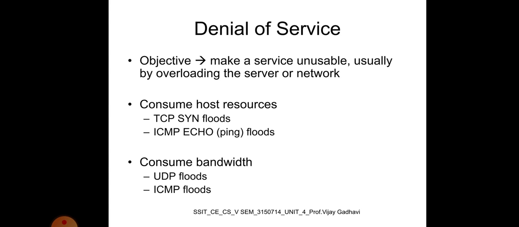In a distributed DoS attack, that means a DDoS attack, the incoming traffic flooding the victim originates from many different sources. This effectively makes it impossible to stop the attack simply by blocking a single source. A DoS or DDoS attack is analogous to a group of people crowding the entry door of a shop, making it hard for legitimate customers to enter, thus disrupting trade.